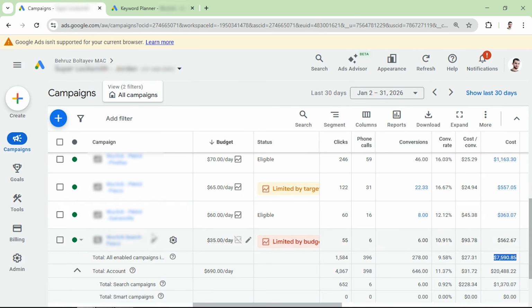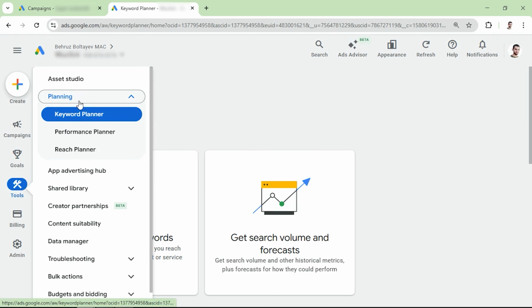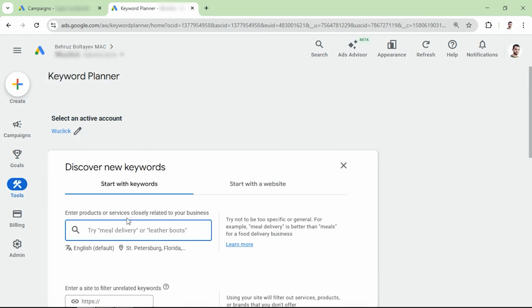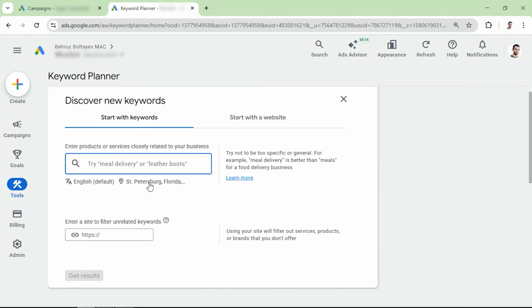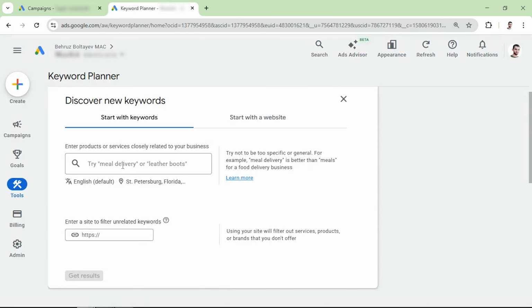So let's see that example with another account. We're in the tools section. Under planning, we're going to go to keyword planner and click on discover new keywords. Here our target location is St. Petersburg as an example, and you can choose your own target location, and our population is under 1 million for this location. And as an example, we're going to put the locksmith